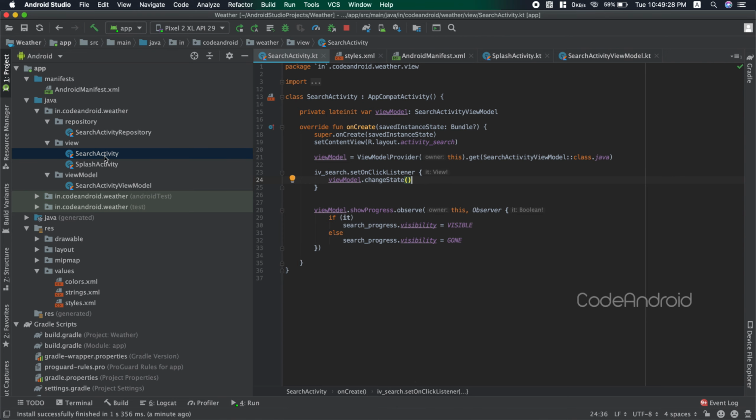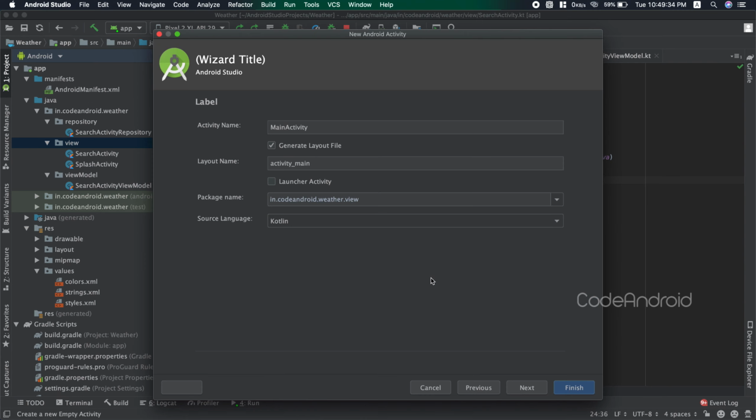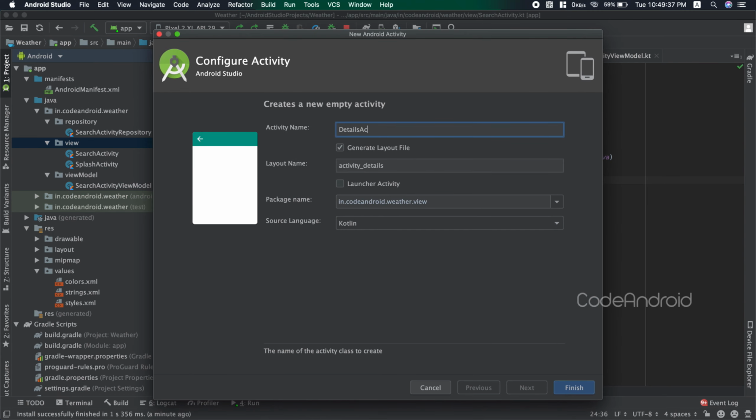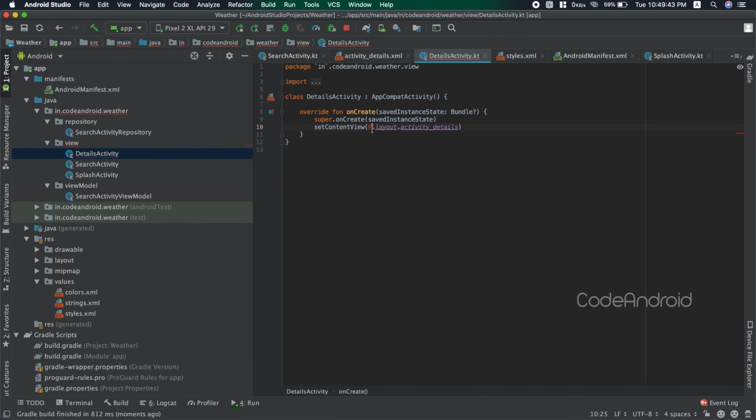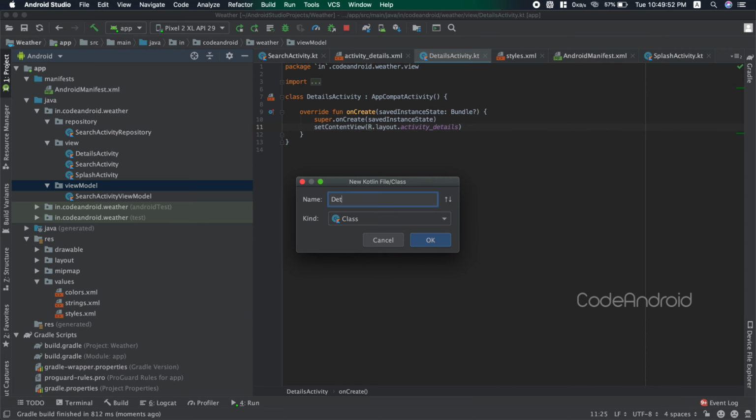From search activity, we need to go to details page. So creating an activity called a details activity. For this activity, we need a view model and repository. So creating details activity view model which extends Android view model.